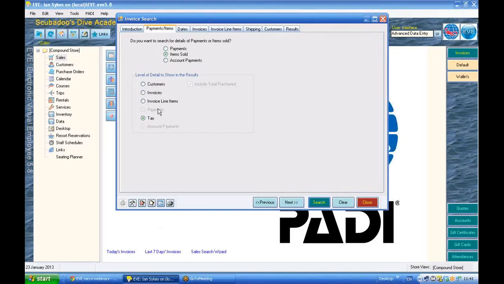You'll notice here a couple of greyed out areas of payments and account payments, and they will come live when, back at the top, instead of looking for items sold, I can look for payments, and you'll notice that that has also changed some areas up here. We'll look at those towards the end of this video. Going back to that items sold